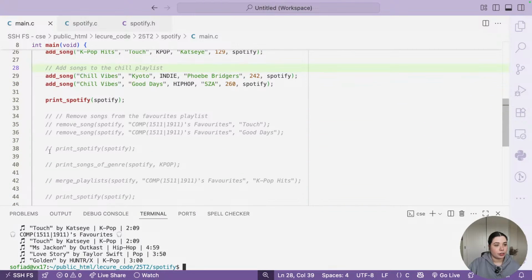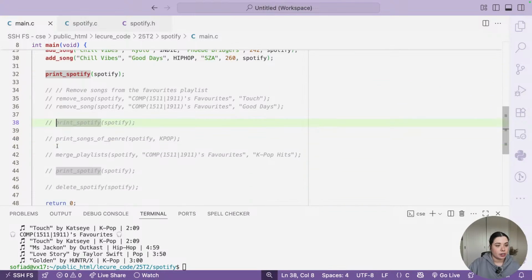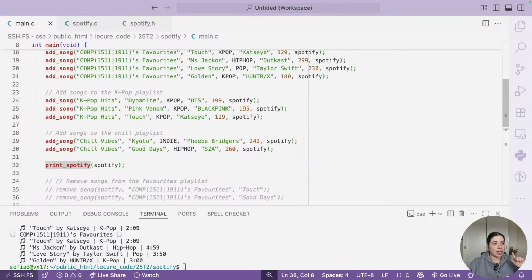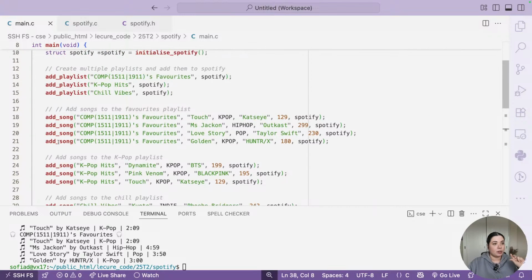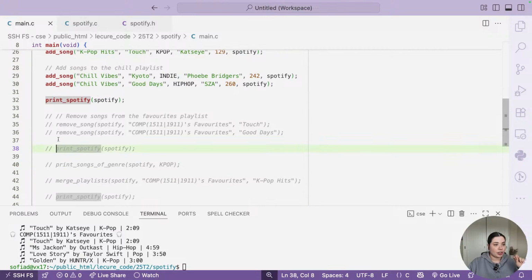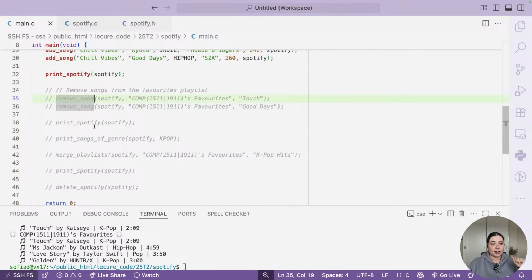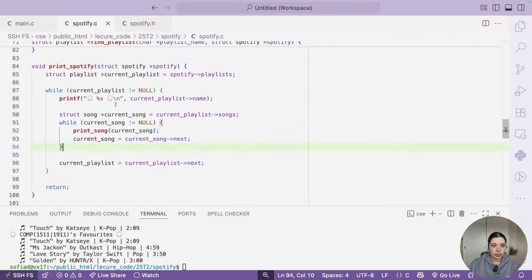We've done print. So we've done adding songs, adding playlists at the head and the tail, printing, so we've traversed the 2D list. So let's maybe do removing to practice freeing things. And then we'll see if we've got time to do a few of these other fun things like finding a specific song or maybe merging a playlist. So let's